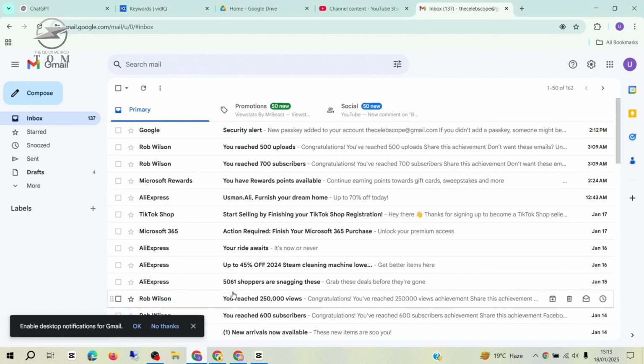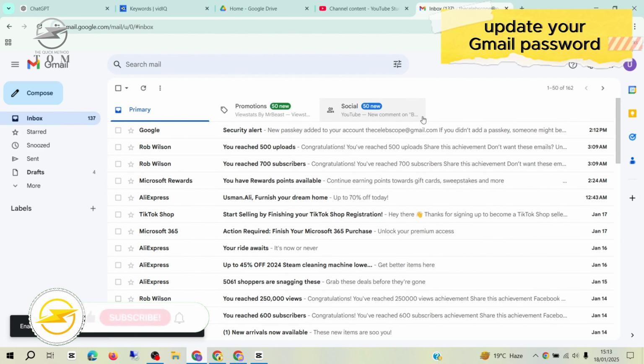In this tutorial, we'll show you how to update your Gmail password on a desktop, whether it's a PC or